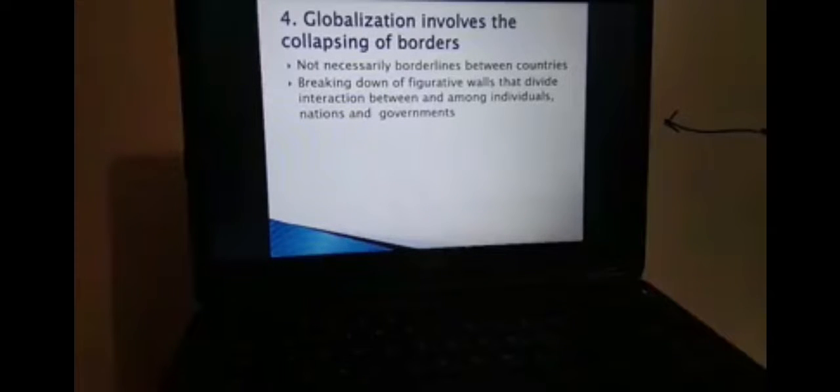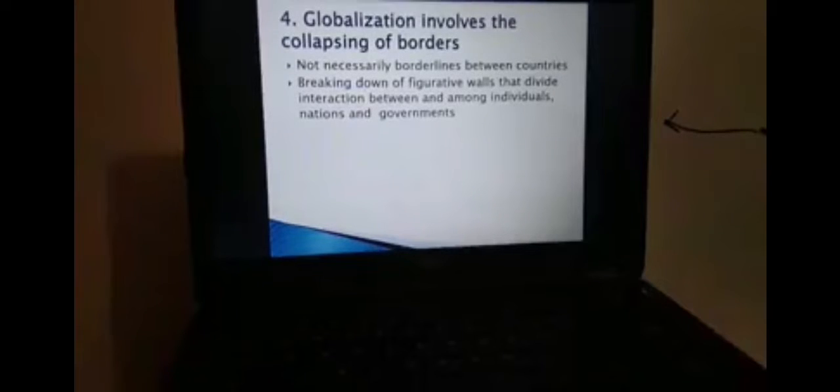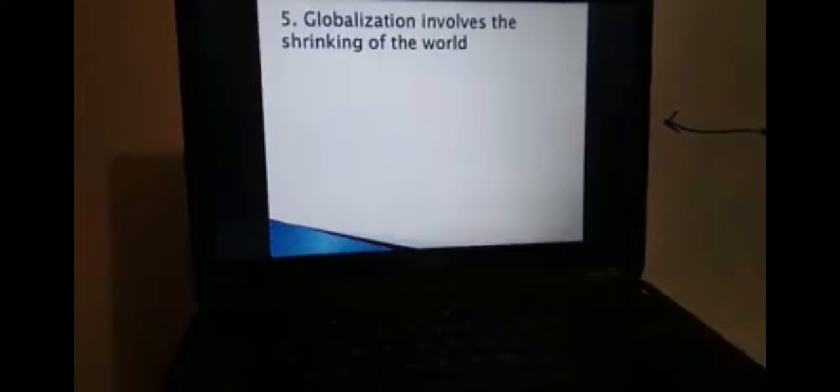Or it can be a figurative wall dividing nations and governments of the world. That is in the beginning, but because of globalization in modern times, we have these walls broken down. We have these walls dividing countries disappear, and that's globalization, when there are no more walls between the countries and the people of the world.